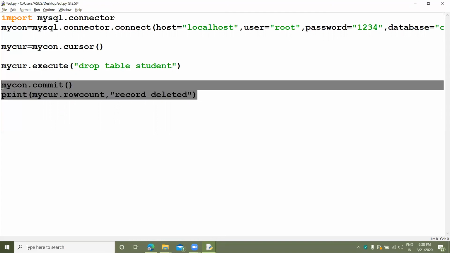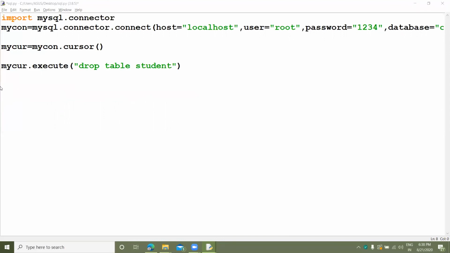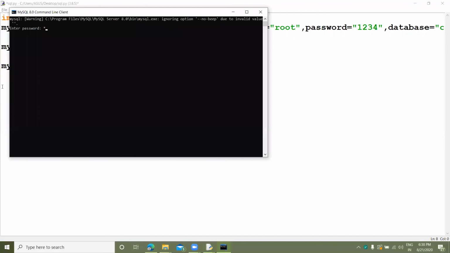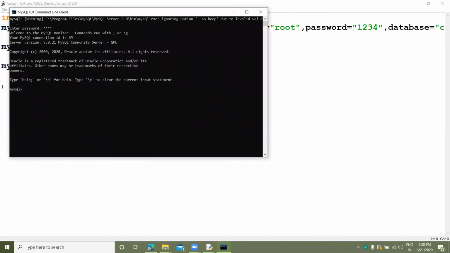First we will check in MySQL whether this data is available or not. So use college in MySQL. Select star from student. Show tables.